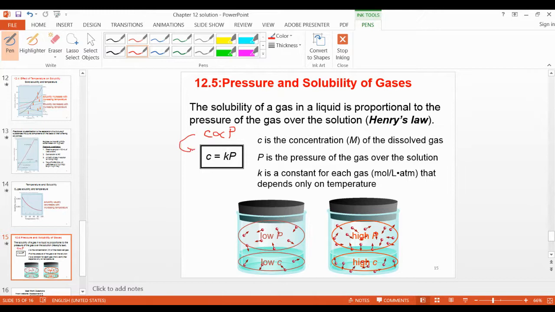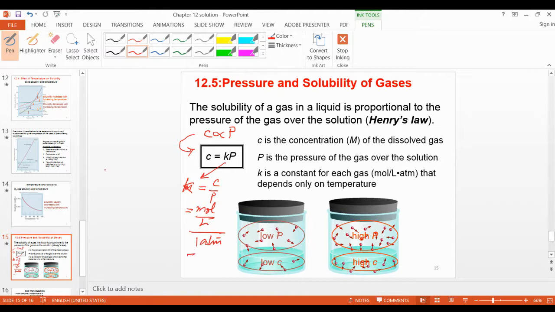And how do you change this? C is equal to kP. k is the proportionality constant, right? k is the constant for each gas, in moles per liter. But this is only the constant they have, the unit. What unit do they have? Moles. How do you calculate the unit? So k is equal to C over P. And C is moles per liter, divided by P. P is 1 atmosphere. This is the way to write the unit of the constant.